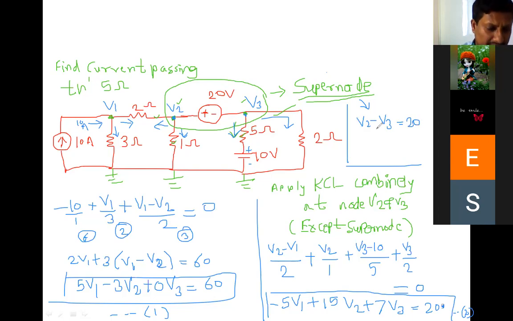Okay, आता इथे V1 मिसिंग आहे इक्वेशन मध्ये. So we can write like this: 0 into V1 plus 1 into V2 minus V3 is equal to 20. So this is the third equation. So you have now 3 equations and 3 unknowns. Can you tell me now the answer, V1, V2, V3? We can complete this example. It just requires 2 minutes.